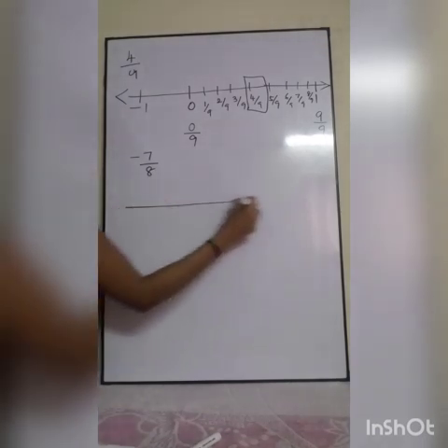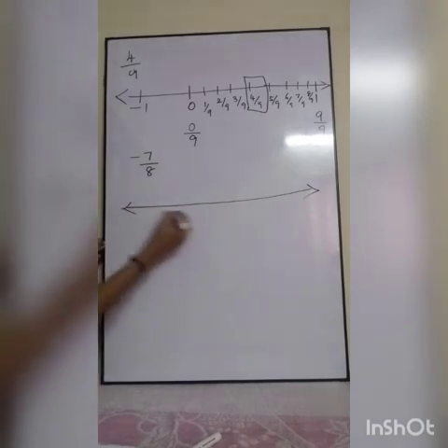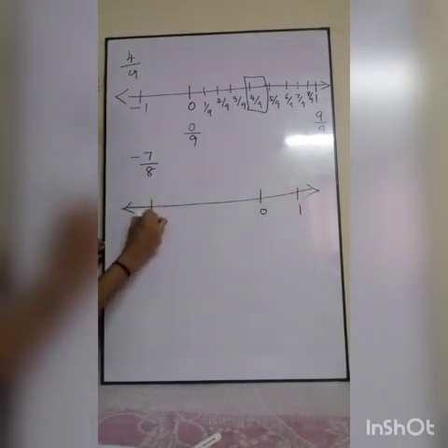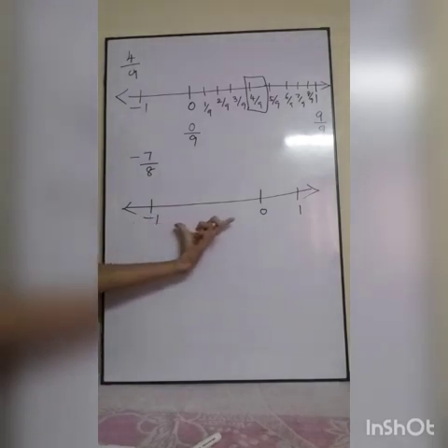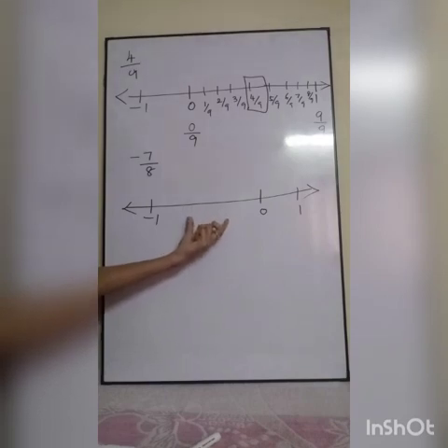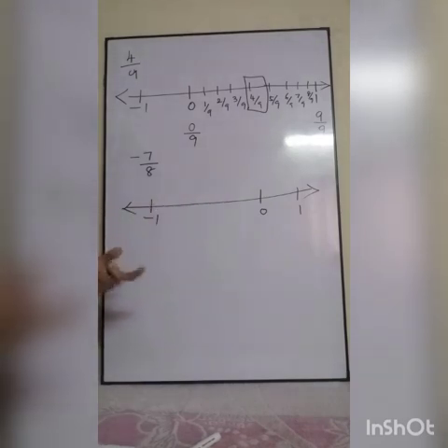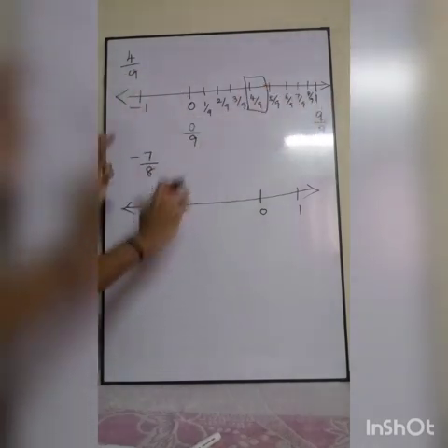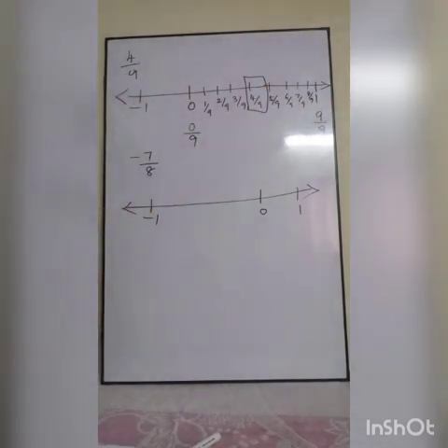So now I am going to draw one number line. As usual, 0, 1, here minus 1. Why I am just enlarging the size means this will come here only, on the negative side only it will come. That's why I am enlarging this side. Here on the positive side nothing will come, that's why I am making this side bigger and this side smaller. That's all. No other thing is there.